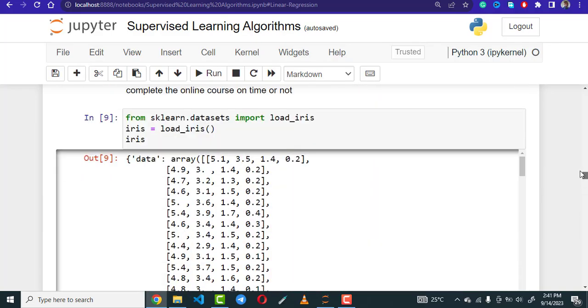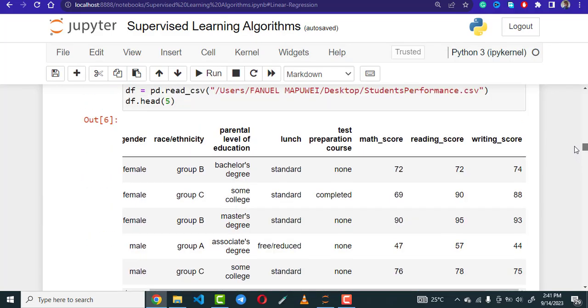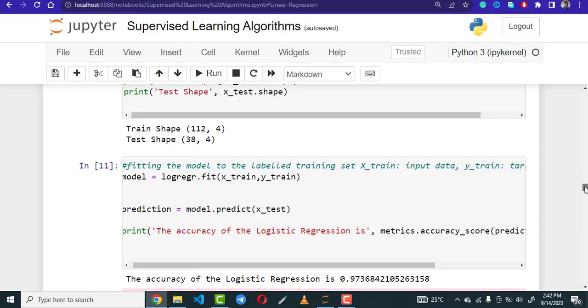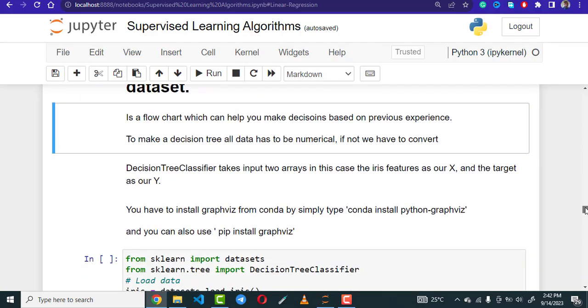data. For example, when we were analyzing this data of students' performance, we needed to change, for example, if you are checking parental level of education, bachelor's degree or some college, maybe with a master's, we can say it is 1, or we can say it is 0. With some college, we can say it is 1. Then degree, you just have to convert this string to a numerical data type. So when you're analyzing the data in a decision tree, you have to make sure that all data is in